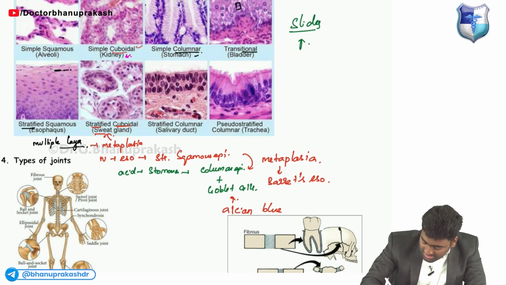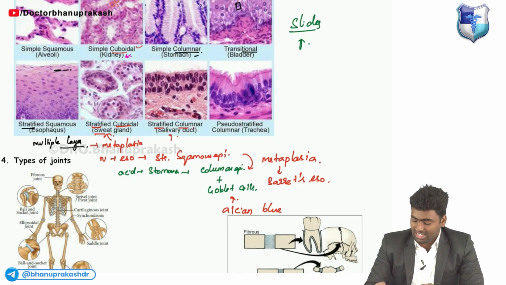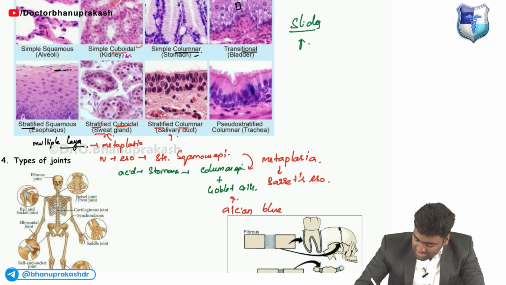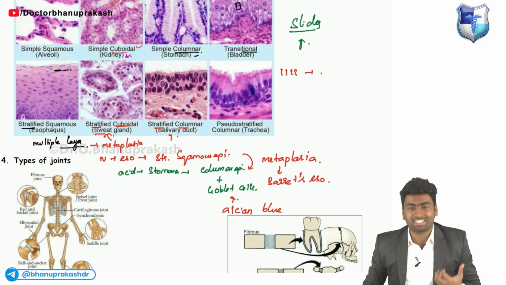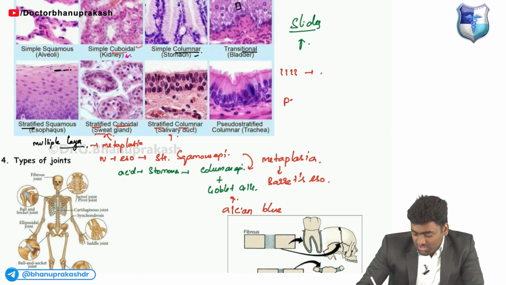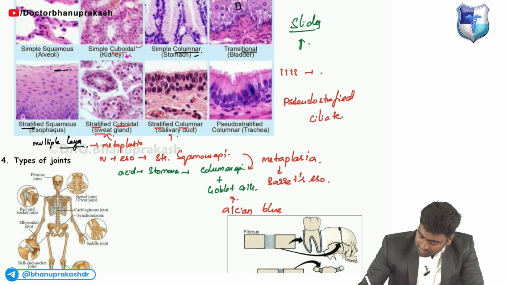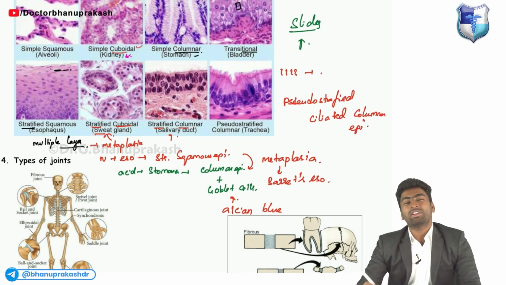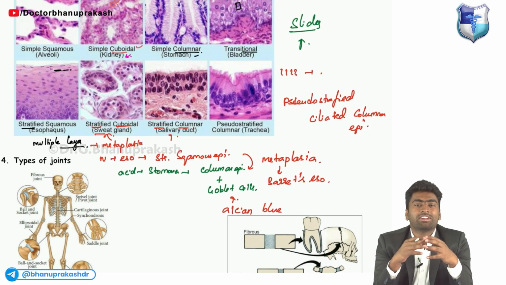glands, whereas the stratified columnar, the multi-layered columnar, will be seen in the case of salivary glands. Next, about the one which has cilia. So we know the respiratory tract will have cilia. So in the respiratory tract there will be the presence of epithelium along with cilia. So what is it? The pseudo-stratified ciliated columnar epithelium. Okay, so actually it is a single layer, but it will appear as a